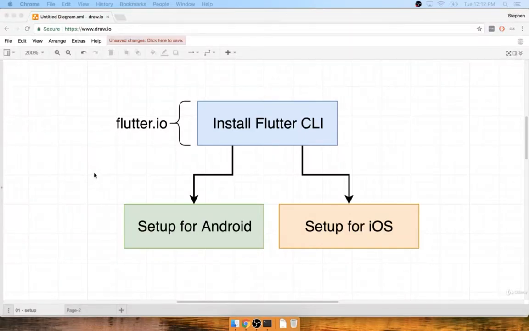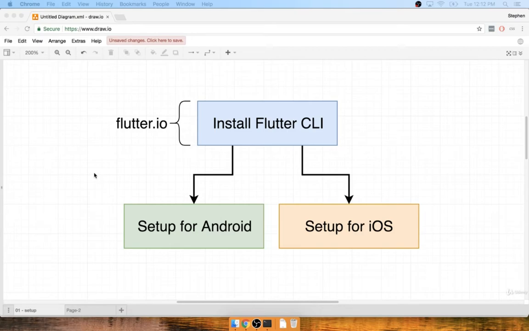In this section, we're going to start walking through the setup of Flutter on macOS. So if you are running Windows, then skip this video, continue on to the next section where you'll see some videos on setting up Flutter on a Windows machine. All right, so if you're still here, I'm going to assume that you are on macOS and you're ready to